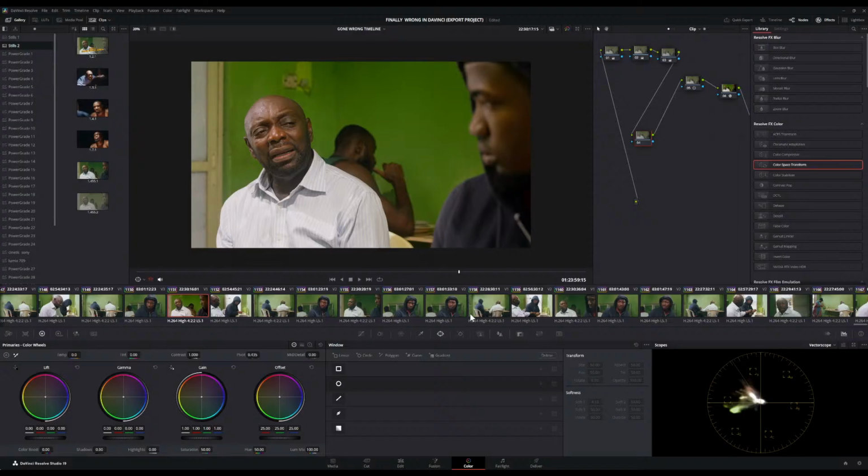Because the skin tone is orange, and let's say the background is a carton color, and if you're not using light to separate that exact color that matches the skin tone, it's going to be very difficult for you to